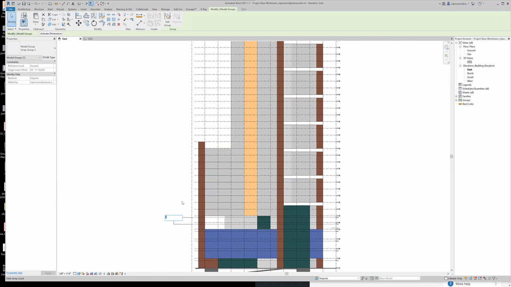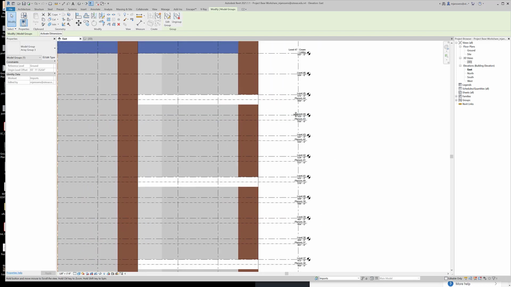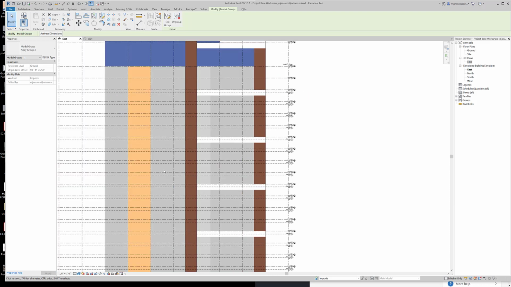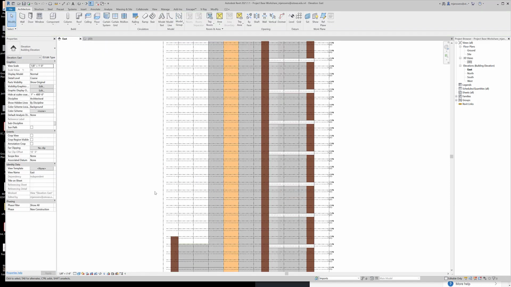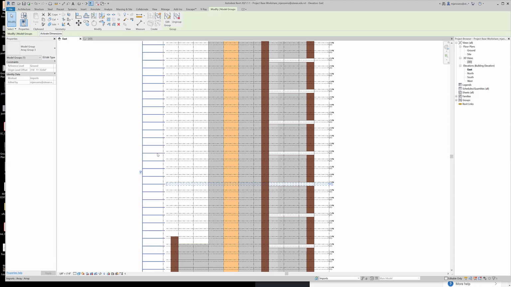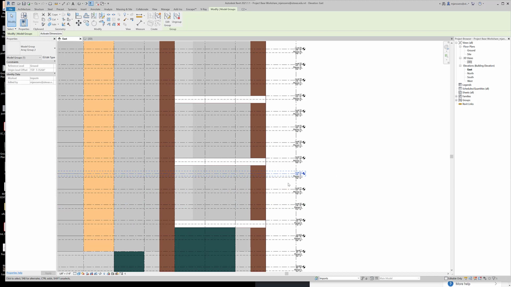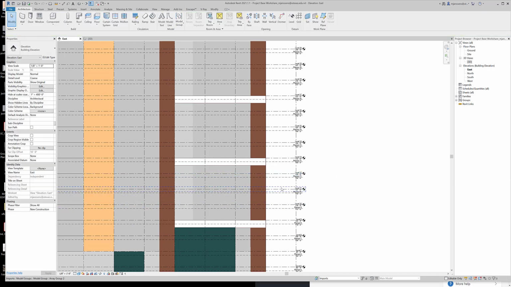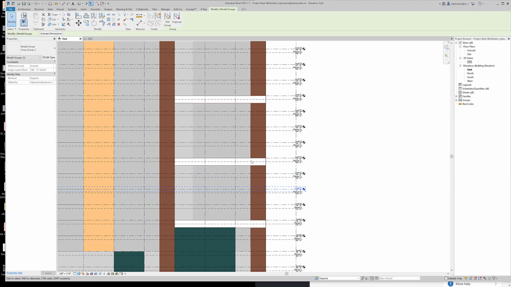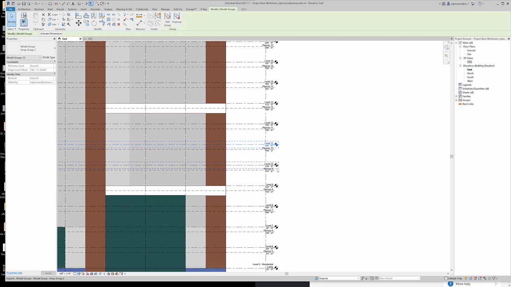And I think I need 40 of these. Let's just put it at 40. And actually I need 41, 42. So again, you can select that, the array comes up, and we're going to make this 42. It's actually not so crucial that those are grouped and associated. It's just nice when you first array it to group and associate it, because you can then change it fairly easily. But for this global parameter scenario, I'm going to select one of these